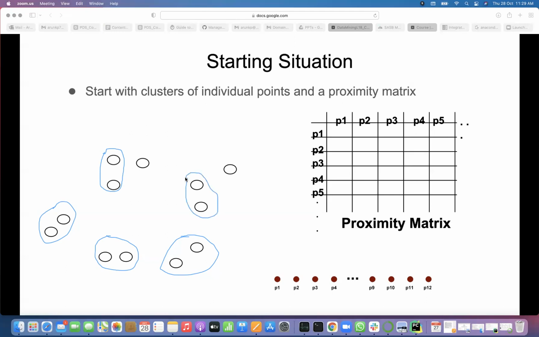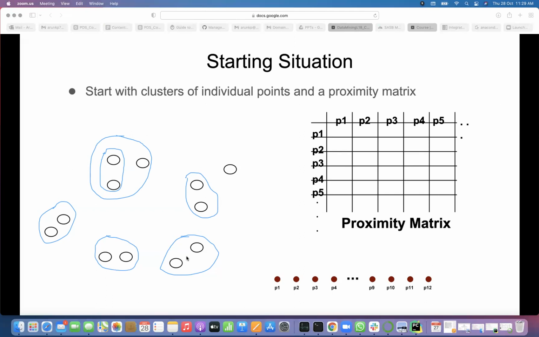Then what is the fifth one? Which clusters are close? Even these individual points are also clusters now. Maybe this becomes another cluster because it is close to this cluster. Then this point to any other cluster, or any two clusters that are close.